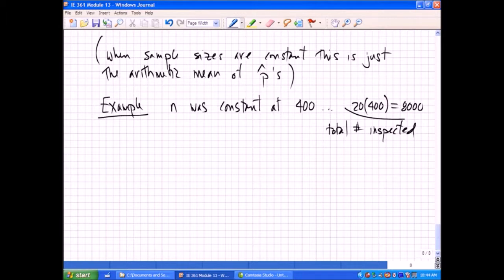And you can check that if you add up the total number non-conforming found in those 8,000, that turns out to be 246. That is, if you add up x1 through x20, you get 246. This is the total number non-conforming,